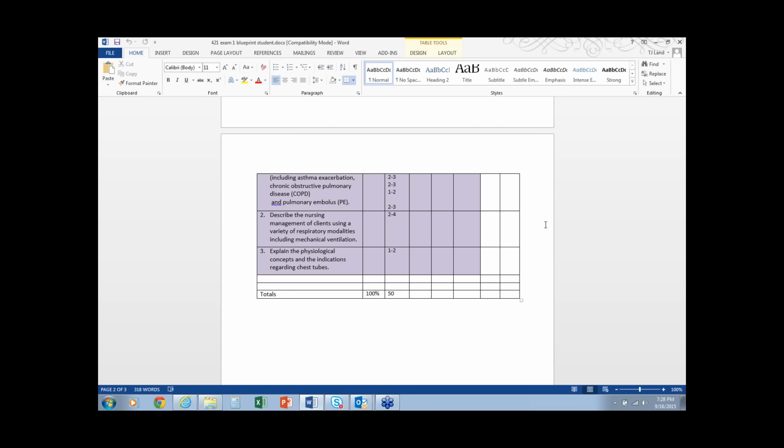One of the big things I want you to remember is that oral care and elevating the head of the bed is extremely important in the prevention of ventilator-associated pneumonia. Ventilator pneumonia can actually turn into adult respiratory distress syndrome or acute respiratory distress syndrome. There's a difference between the respiratory distress and then the respiratory distress syndrome, and you need to be able to understand that. The last component is that you actually refresh yourself on chest tubes, because one of the things that you need to remember is that with